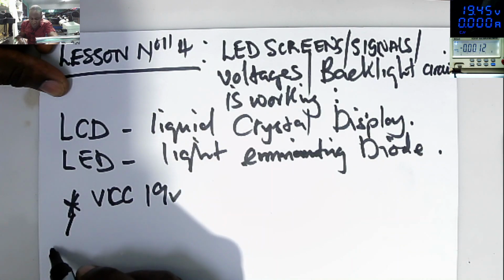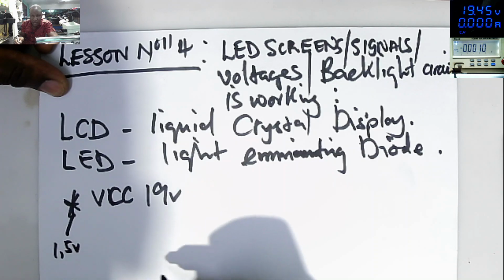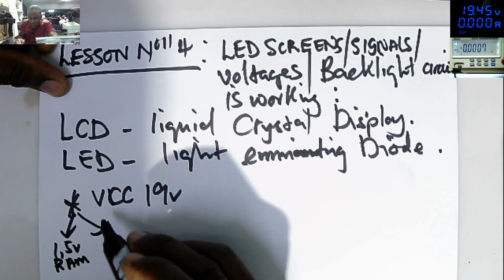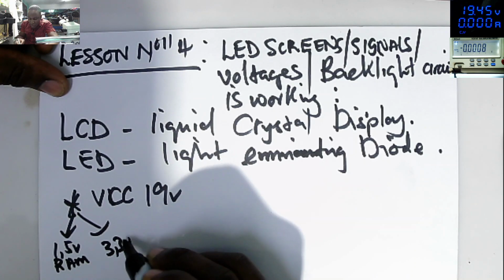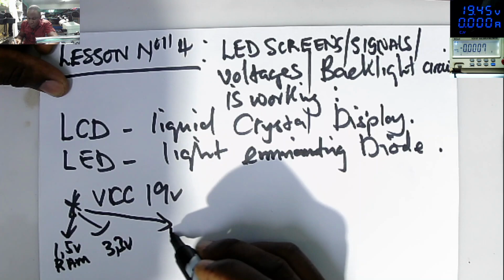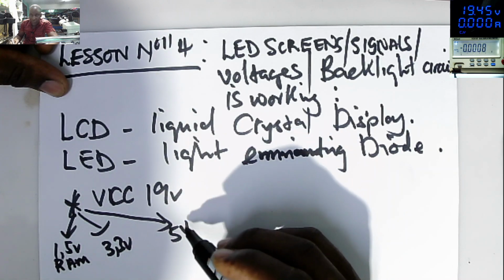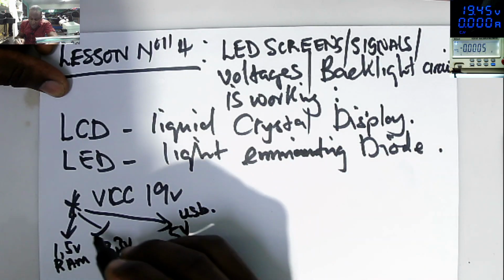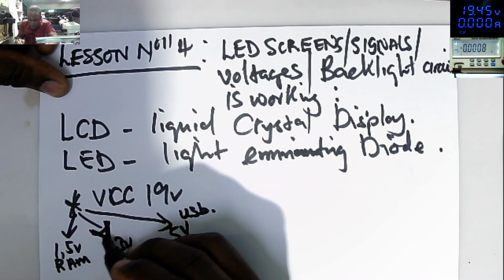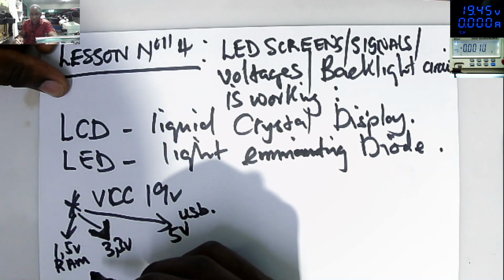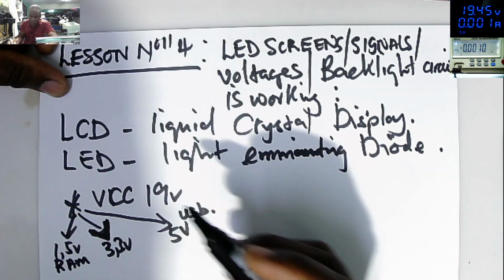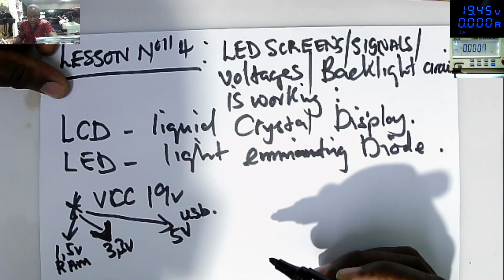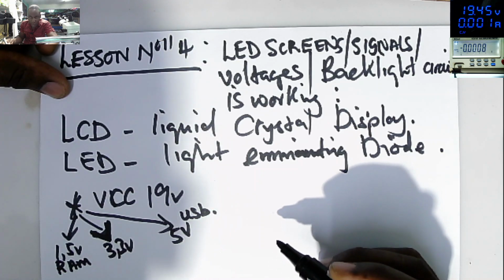It's going to 1.5 volts, that's the RAM. It's also going to 3.3 volts. It's also going to 5 volts for the USBs. The 3.3 volts for the chipset and the microcontroller. Okay,